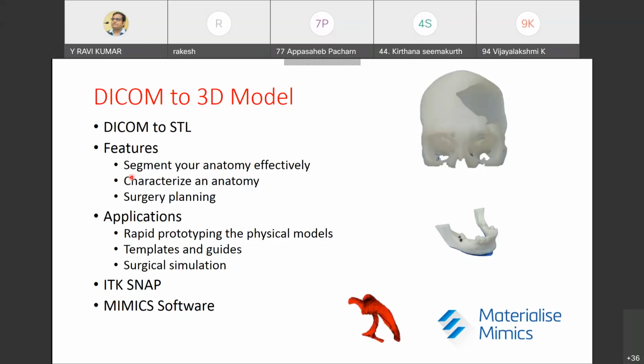So we can characterize our anatomy, how it would be and how it is, by using these STL models, the 3D model, and we can plan the surgery.